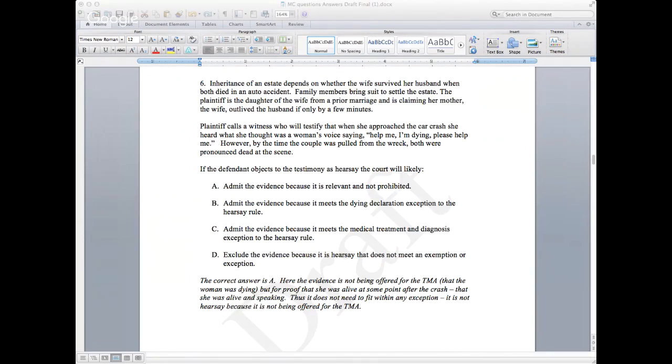So it's more in general that I'm having difficulty determining whether the evidence is being offered for the truth of the matter asserted or for something else. I got the right answer, but I really didn't understand why, because I can't distinguish those two. What do you mean? You can't distinguish what? Say that one more time. Whether the evidence is being offered for the truth of the matter asserted or for something else.